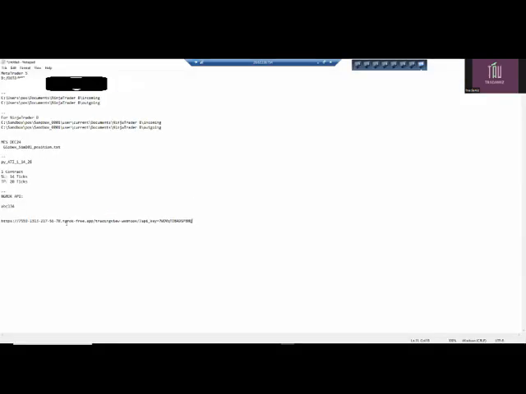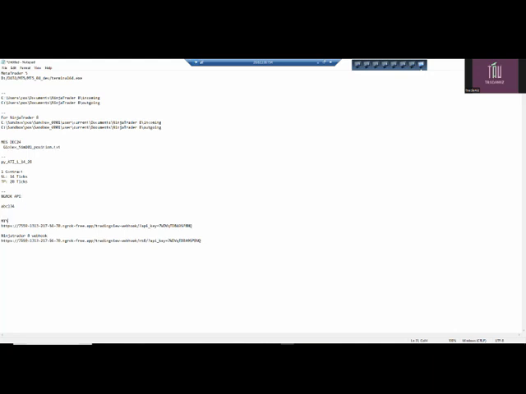This is the webhook for your MT5, and for the NT8 or NinjaTrader 8, you have to add NT8 here. So this will be for your NinjaTrader 8 webhook, and this will be your webhook for MT5.